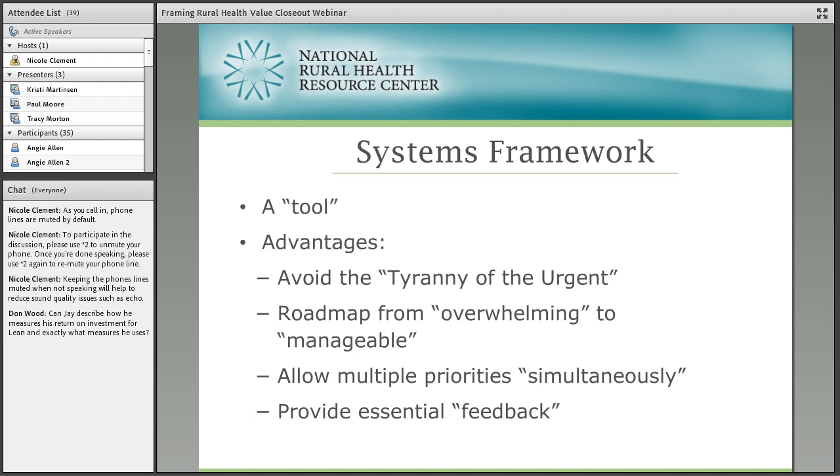It also provides a roadmap to move on from doing nothing just because it seems so overwhelming. It moves from the overwhelming to the manageable. And I've got to tell you, there's a temptation just to be so overwhelmed by something that there's an inertia that cannot be overcome. And just the decision to make the investment into a framework, the human resource investment into that, gives you that impetus sometimes to move on from doing nothing to doing something. It also allows us to focus on different areas such as financial, operational, clinical, simultaneously.